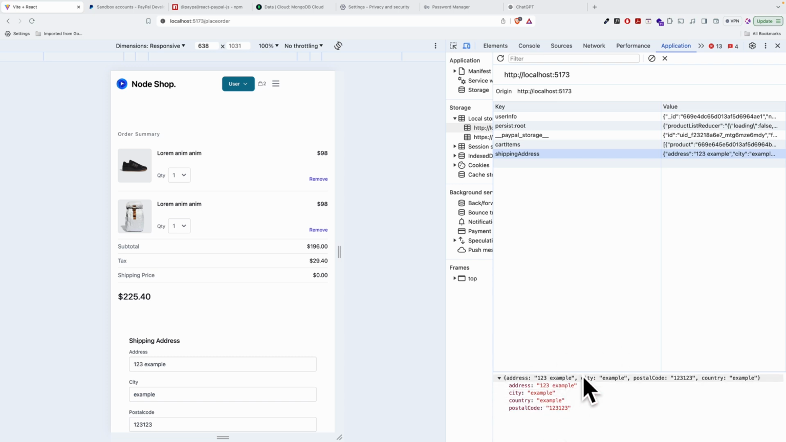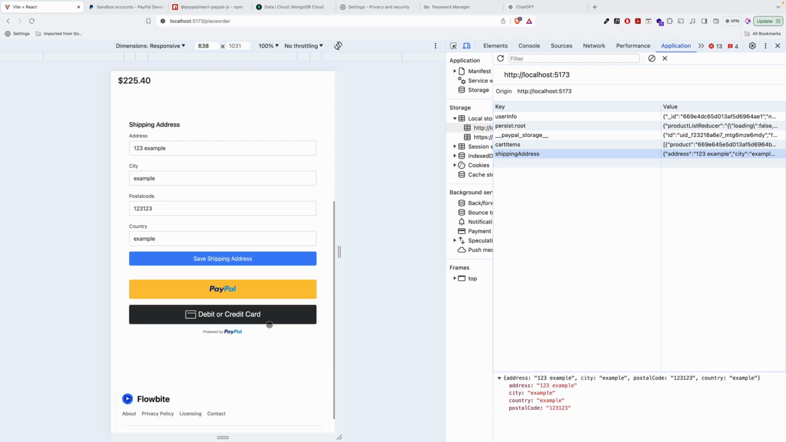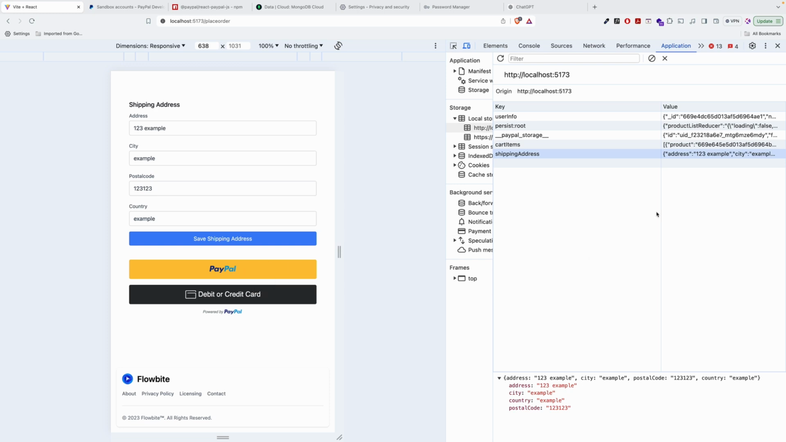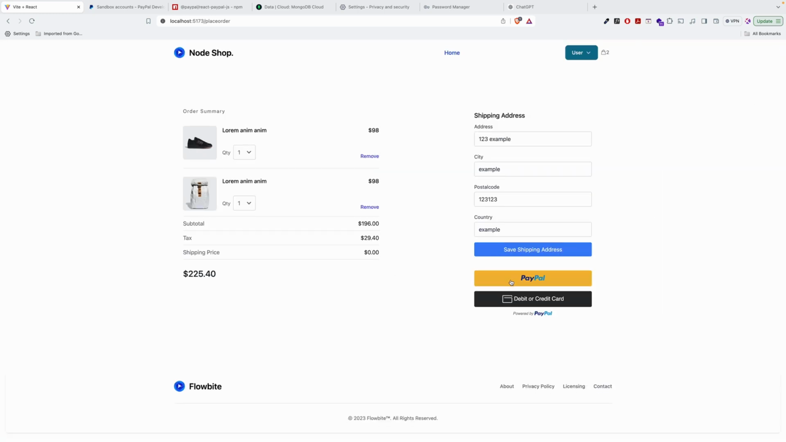So we have to save that shipping address. If not, you will get an error when you make the purchase. So I will close for now. I will make a payment. So when we make a payment,